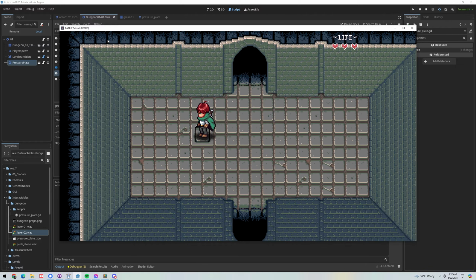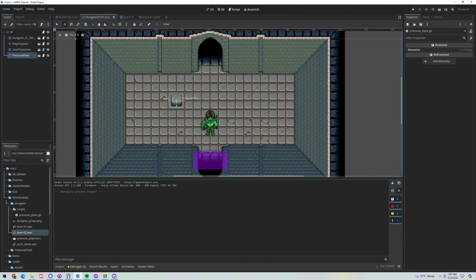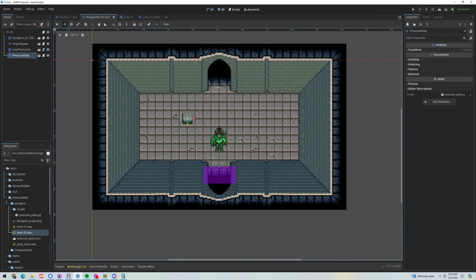And it's audio, you know, we've got two versions, so it's a little bit distinct. Sounds different going down than up. Cool, so we've completed our pressure plate. Now we just need to create the other items that we need to hook up with it. Next up, let's create the barred door that's going to go here that the plate will be able to lower when it's activated. So let's go down to Dungeon Interactables